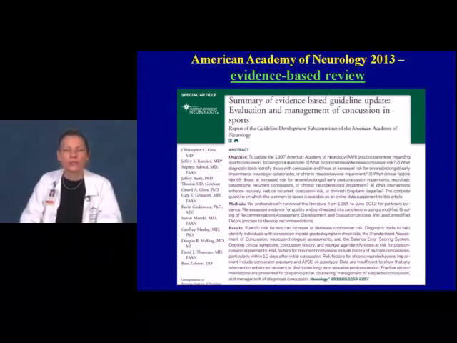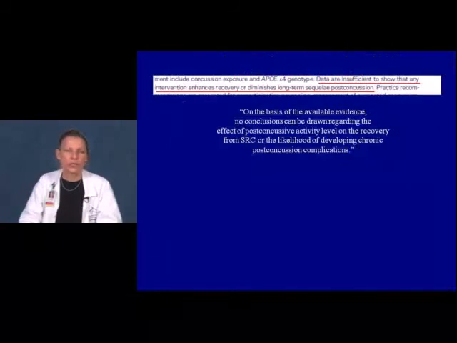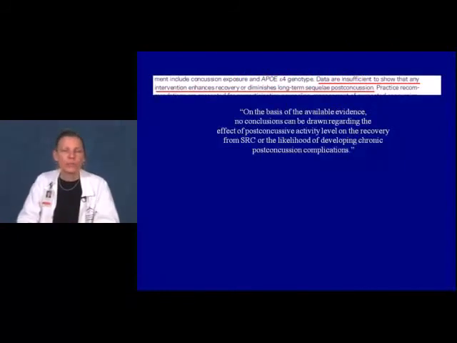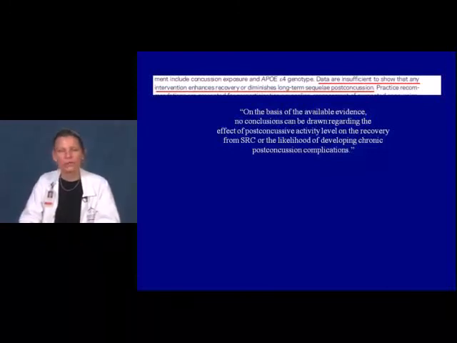This was a strict evidence-based review looking at pretty much all of the English literature on this topic based on particular subjects and questions. And what this paper and guideline suggested is that the data are insufficient to show that any intervention, cognitive rest, physical rest, any sort of cognitive rehabilitation, any sort of vestibular rehabilitation, enhances recovery or diminishes